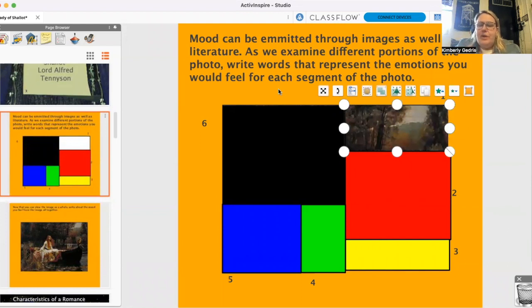So, for example, the first section shows a skyline of trees and mountains in the background. And I would have students write down what type of mood they may feel from looking at this subsection of the picture. So they may write down words like calm. They may write down words like picturesque. They may write down words like imaginative, or they may get away from mood words. They may write down